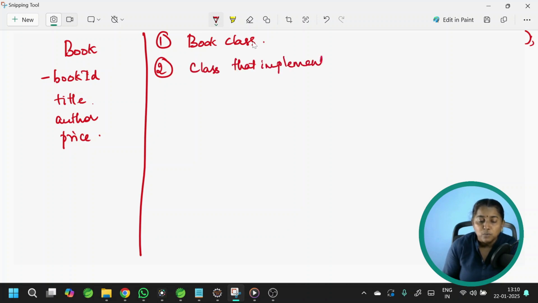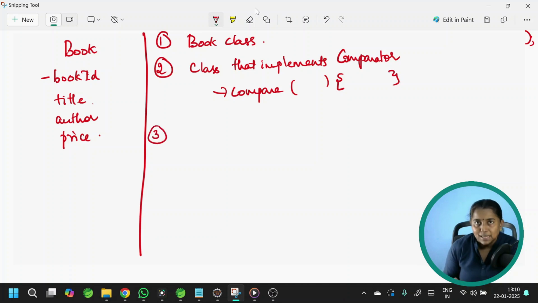Suppose say I want to sort the book objects by title. Then I need to create a class that implements comparator, override compare method, and then I need to provide the functionality to sort by title. Okay, so here override compare method and write the functionality. The third step is in the main class, after creating the list of books, as usual you will be using the same method,